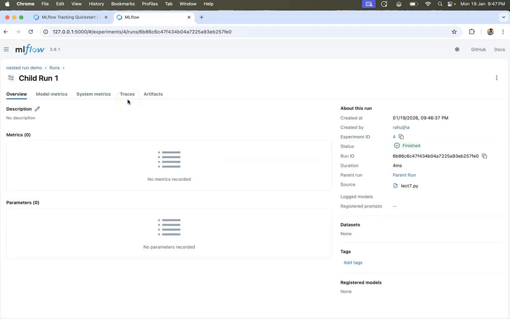Now what would be the ideal scenario where we can potentially use this feature? Let's say one run can correspond to a larger feature, and then multiple nested runs can correspond to something more specific within that. One example where people often use this nested run feature is hyperparameter tuning. That is one of the use cases that you can potentially go for. So that is what I wanted to demo. I'll see you in the next video.